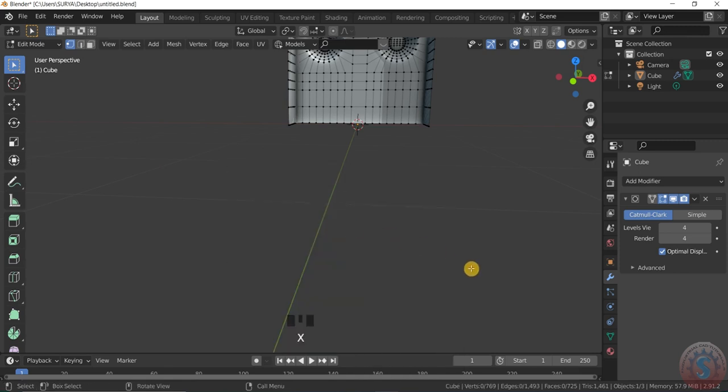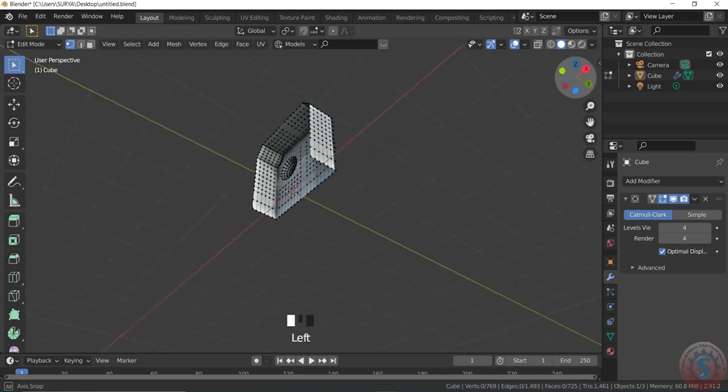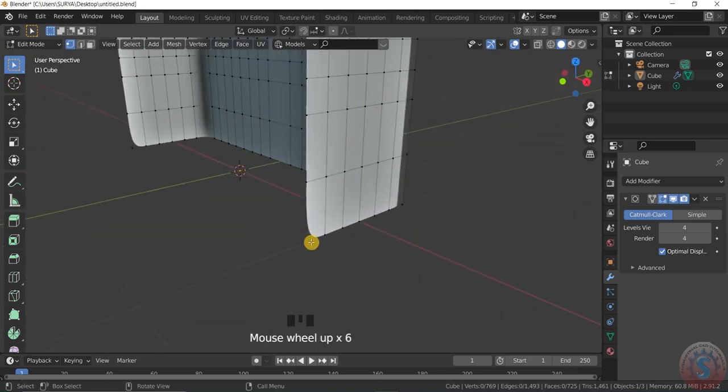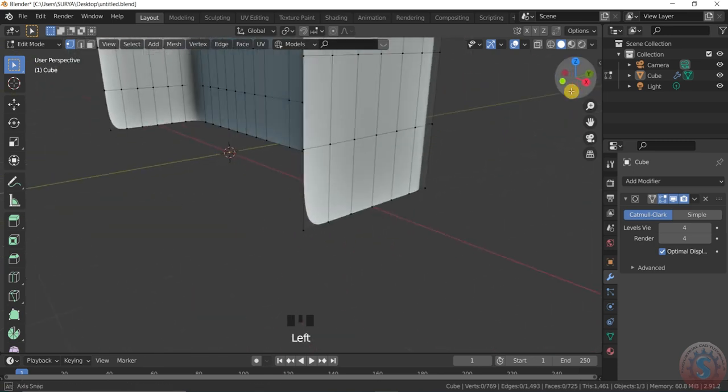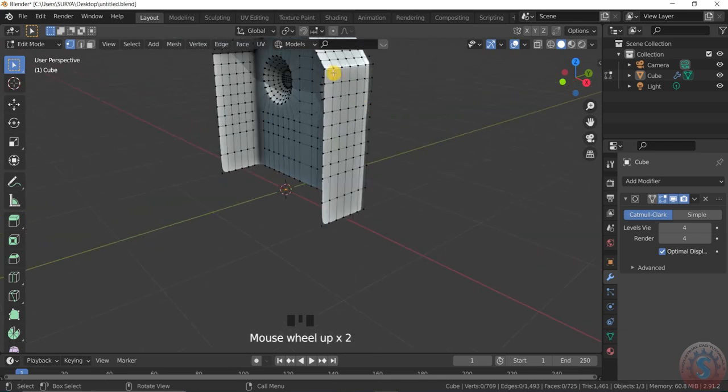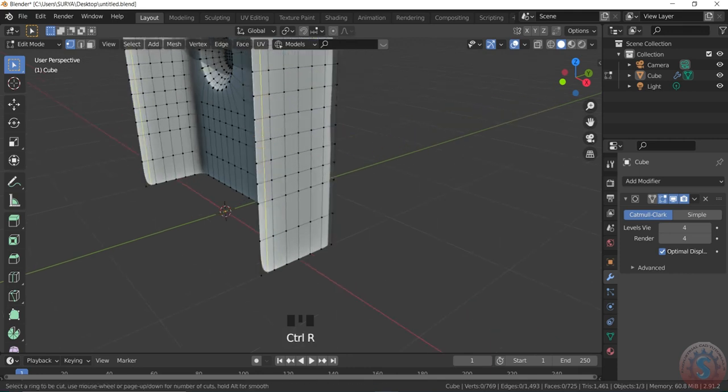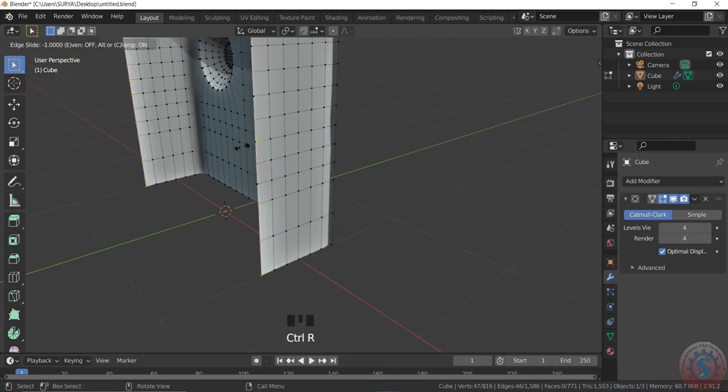You can delete any of the parts as you wish. You can see here also the curve form is not good. To fix this, give the loop cut, give the single loop cut, and